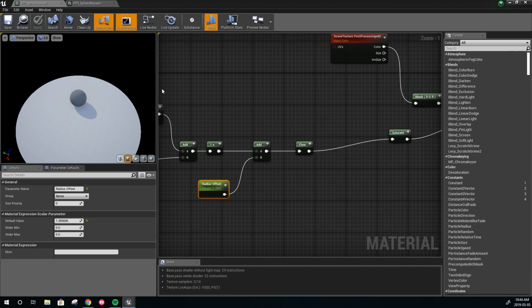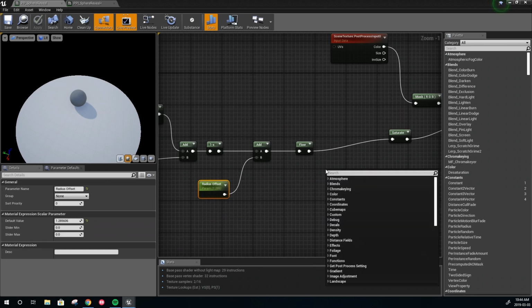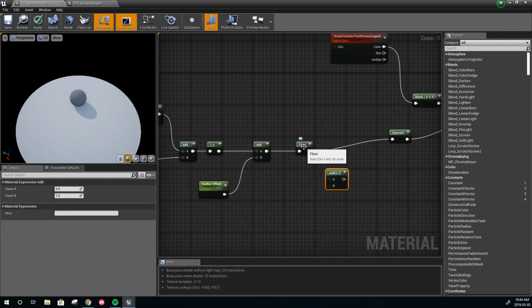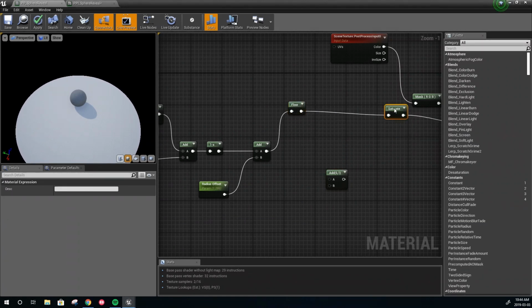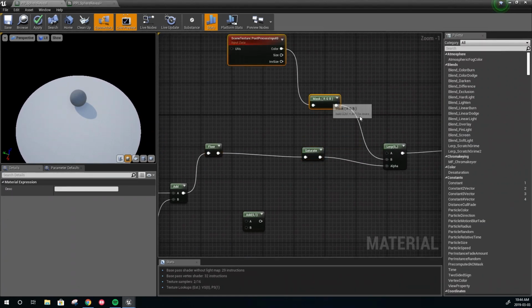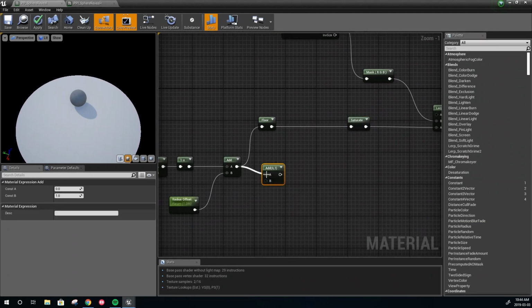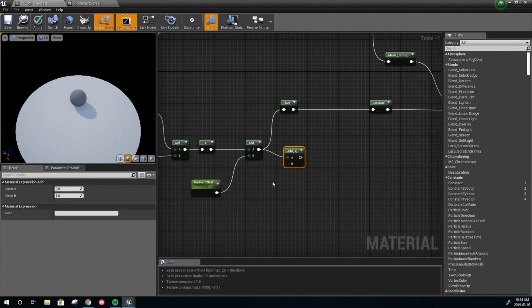Now what we want to do is create a sort of border effect to serve as the transition between where everything is black, our black region, and what is not. So let's just create an add node. Let's put this up here for now. So we'll be adding this to